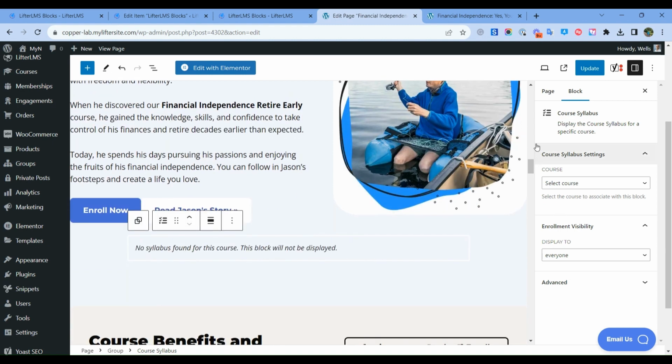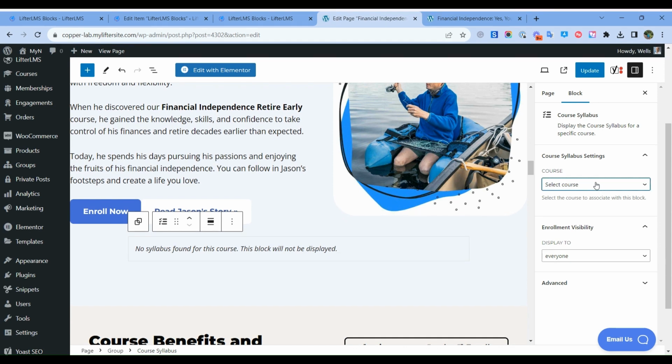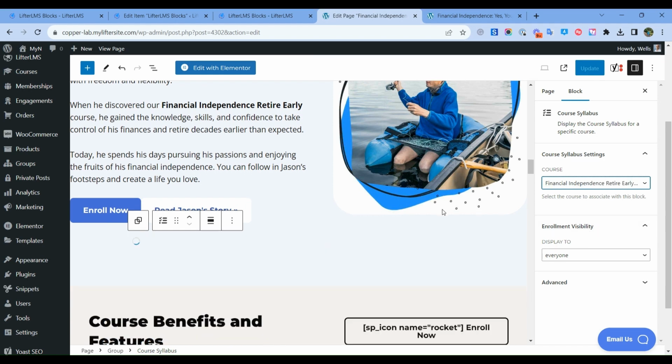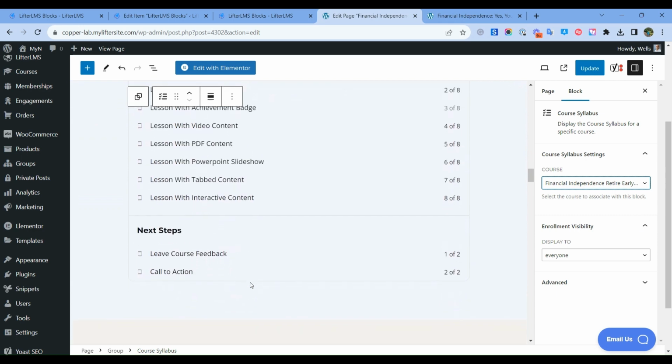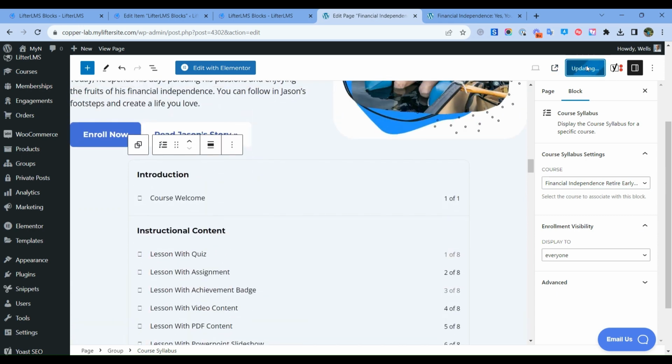And now you can see here on the right side, we have the course syllabus settings. From here, we can select the specific course that we want to show the syllabus for. So I will add my retirement course here. So I will add this one. And now my course syllabus will be visible here. You can see. Now if I update,